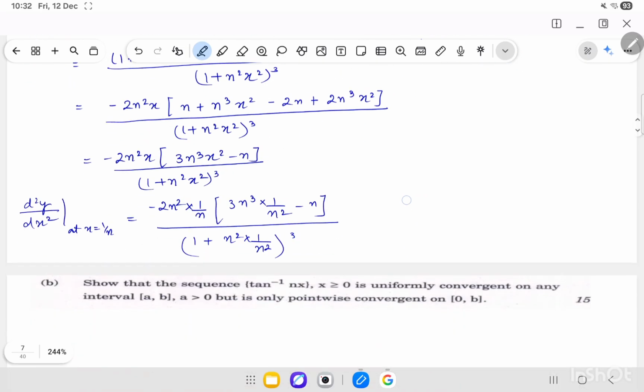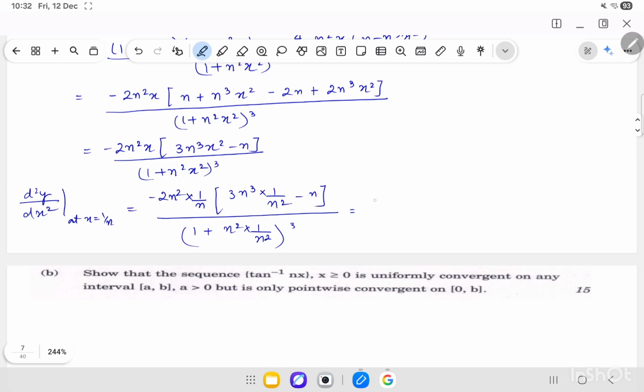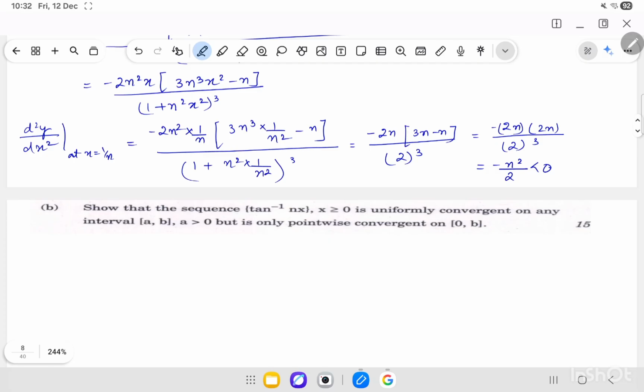So that will be equal to minus 2n times (3n minus n) divided by 2 cube, and it will be equal to minus 2n times 2n divided by 2 cube, which will be equal to minus n square by 2, which is less than 0. So from here we can see that at x equals 1 by n it attains maxima,